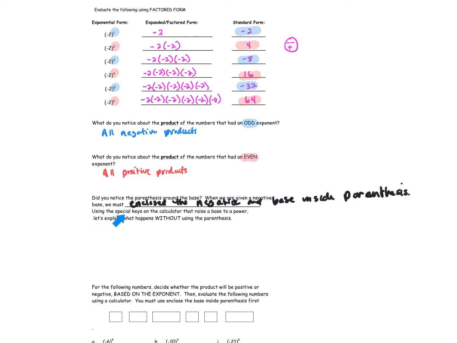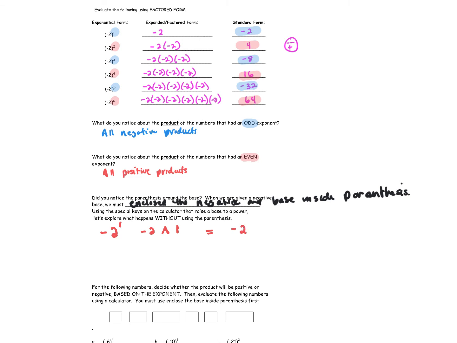And it says, using the special keys on the calculator that raise a base to a power, let's explore what happens without using the parentheses. So we already know that these are the products. Let's see what happens if we don't do this. I'm going to have you write -2 without the parentheses and raise it to the first power. You're taking -2, raising it to the first power, and you should get back